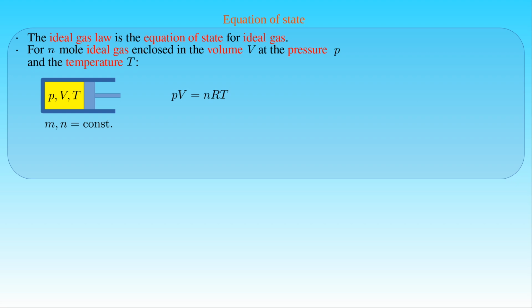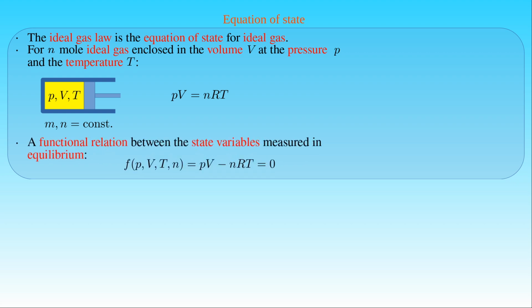In many cases thermodynamic processes are studied for a given amount of ideal gas, where the amount n of substance or the mass of the ideal gas is constant. Then we have three state variables in the ideal gas law while the amount of substance is held fixed, and the equation of state for ideal gas establishes a unique functional relationship between these state variables, that is the pressure, volume, and temperature measured in thermodynamic equilibrium.